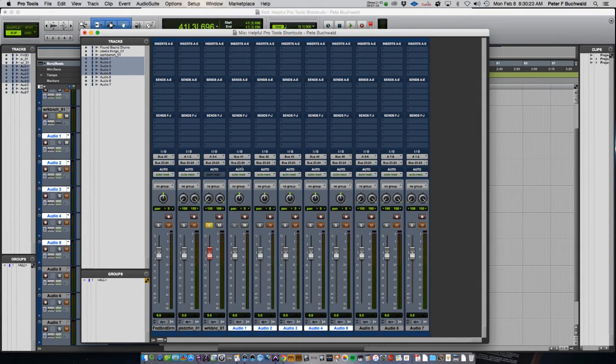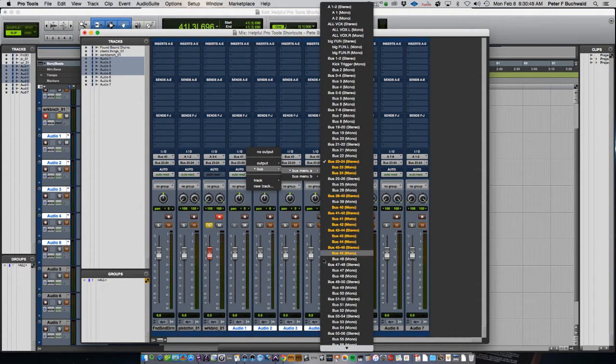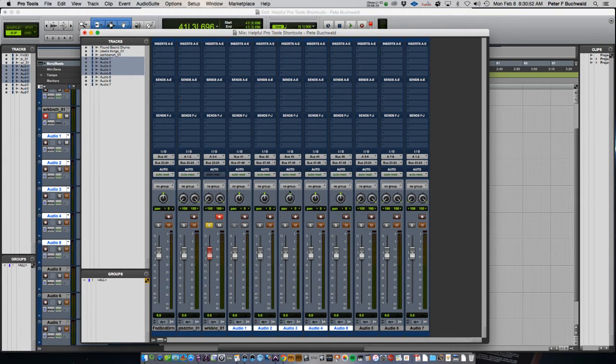What I can do is I can use Shift as my modifier to designate that I only want to do something to these 5. And then the other modifiers we learned before are now going to apply. Alt is going to do all 5 of these the same, and then Shift Alt Command is going to do all 5 of these consecutively. So here's a Shift Alt. Let's output all of these drum tracks to a bus. About 47, 48. Boom. Now all 5 of these are going to the same place,